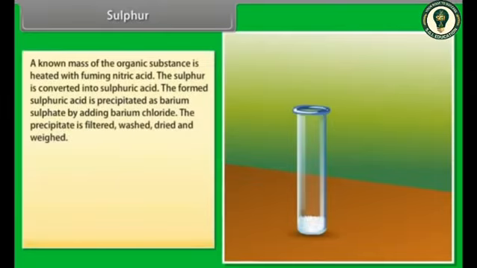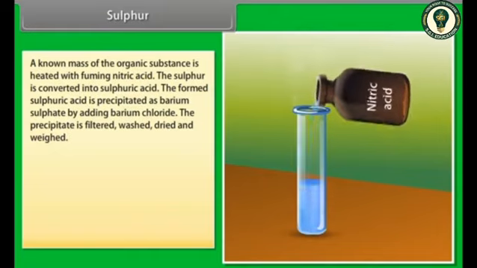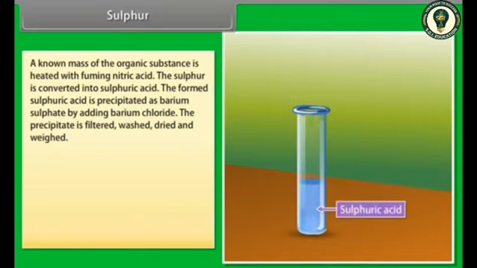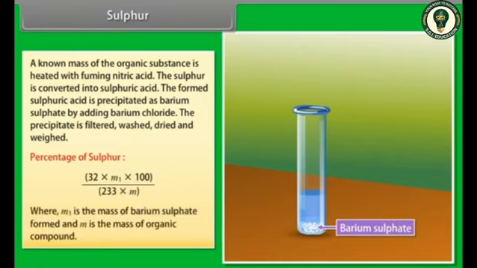Sulfur. A known mass of the organic substance is heated with fuming nitric acid. The sulfur is converted into sulfuric acid. The formed sulfuric acid is precipitated as barium sulfate by adding barium chloride. The precipitate is filtered, washed, dried and weighed. Percentage of sulfur: 32 × M1 × 100 divided by 233 × M, where M1 is the mass of barium sulfate formed and M is the